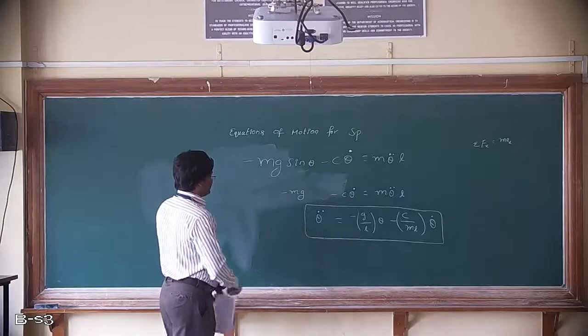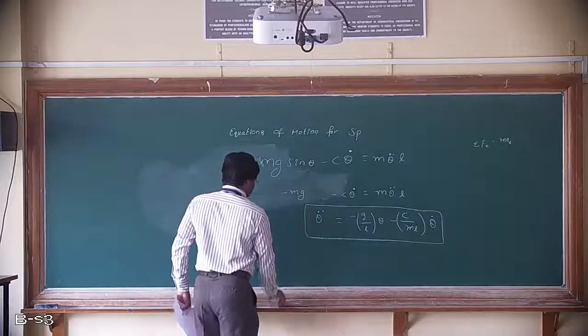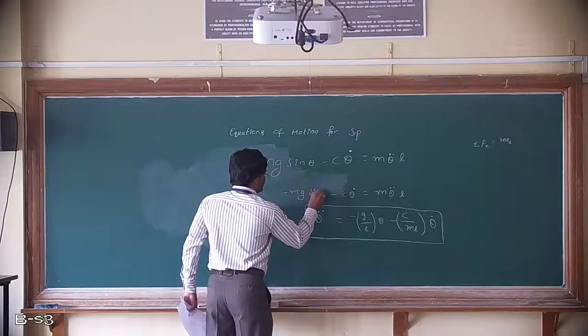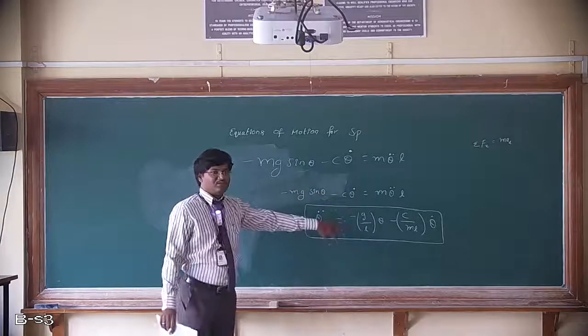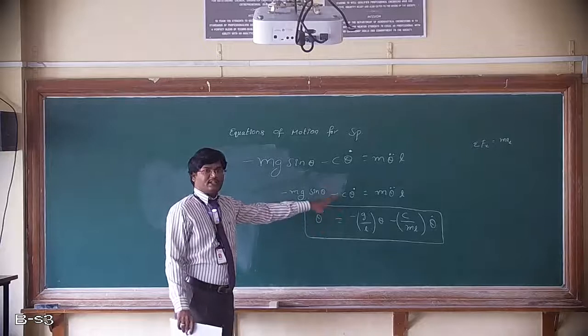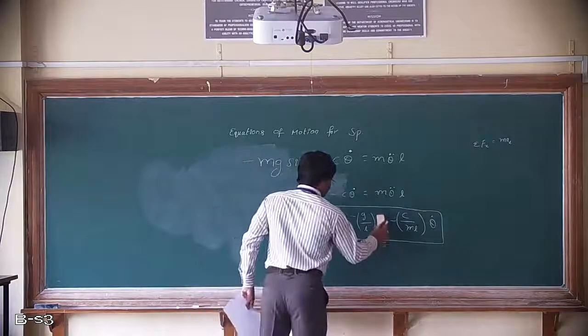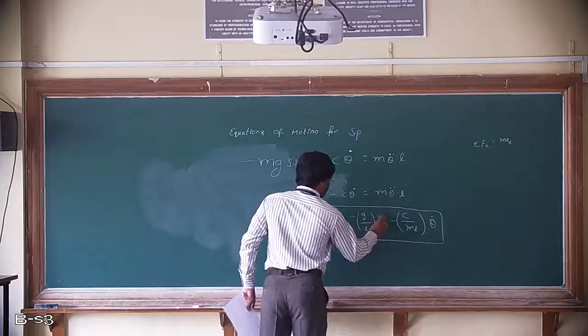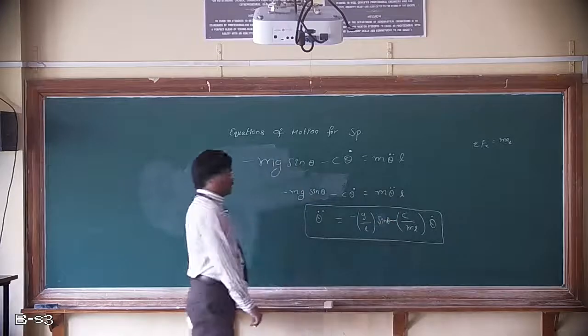I'm doing linearization right here. So can you keep this sin theta as it is? I will explain why. When we are deriving the state space representation, at that time we will consider sin theta at a smaller angle, sin theta is equal to theta. So can I take this thing, sin theta, right?